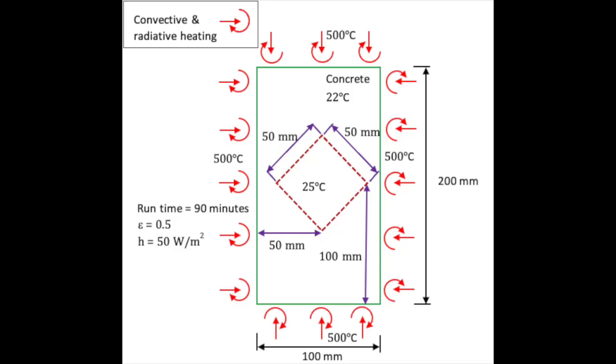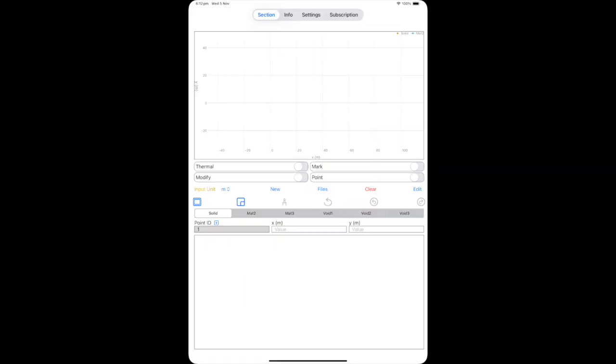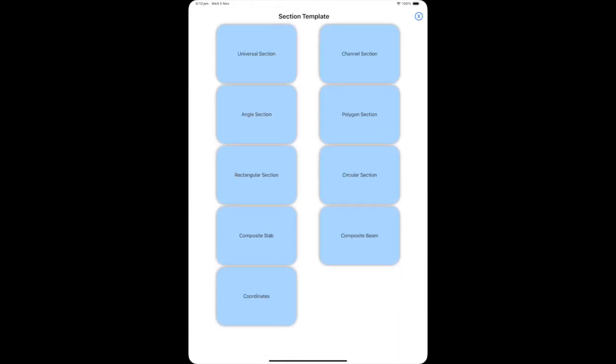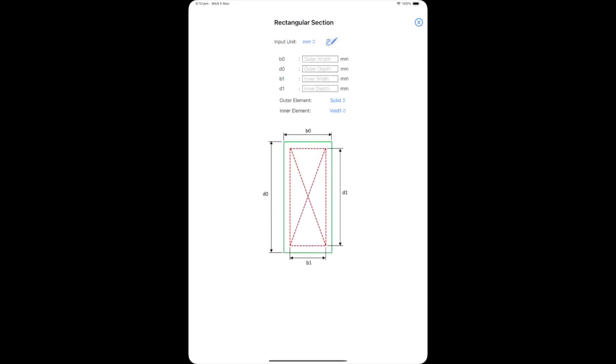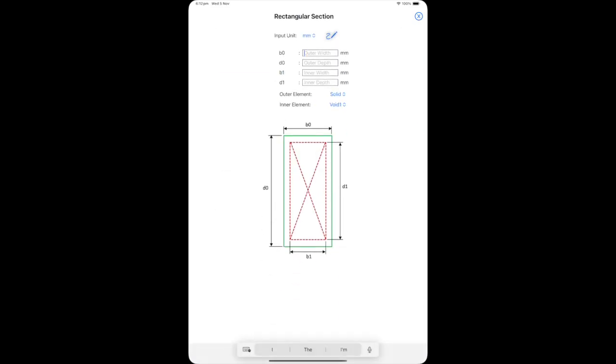Welcome to this HeatCond2D tutorial where in this example, we will model a hollow beam heated at the perimeter. In the section page, set the input unit to millimeter and select the solid tab. Tap on the section template icon to open the section template. Tap the rectangular section, enter dimensions of B0 of 100 mm and D0 of 200 mm and tap the scribble